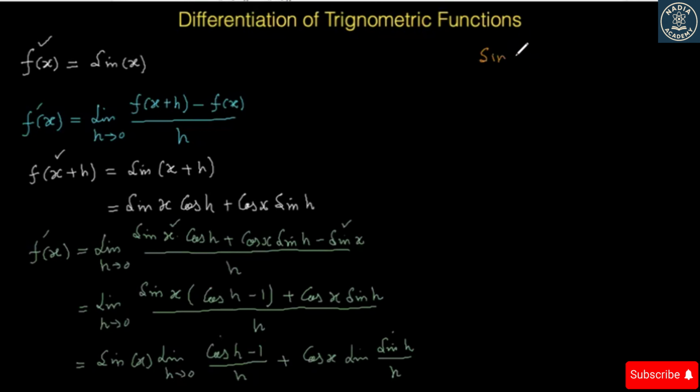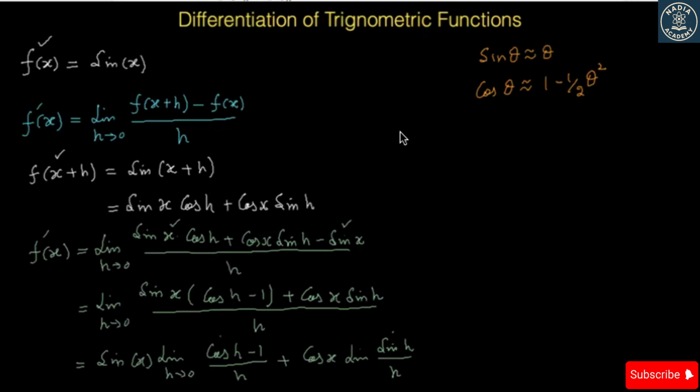Then sin theta is approximately equal to theta, and cos theta is approximately 1 minus 1 over 2 theta squared. If we use this small angle approximation in our last expression, then we will be left with the following,